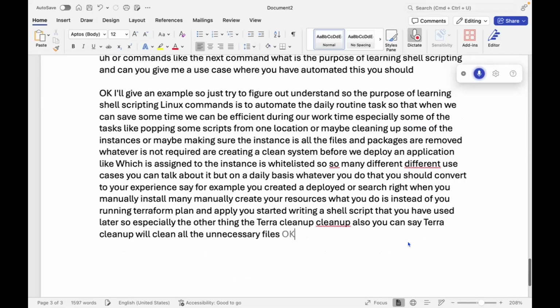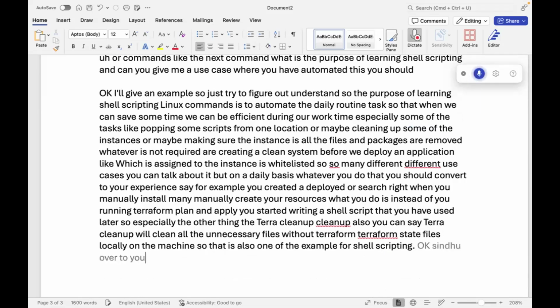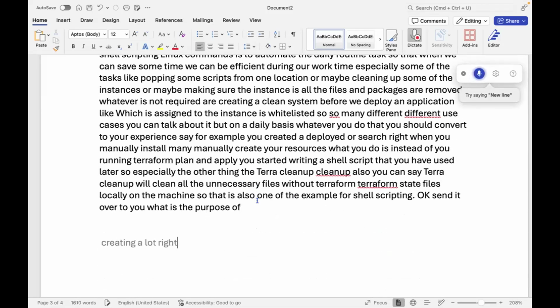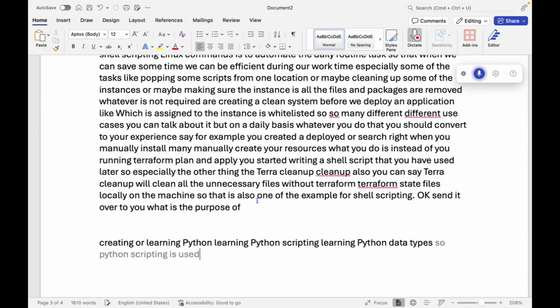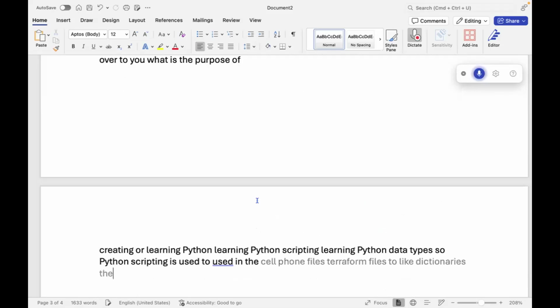Okay. Sindhu, over to you. What is the purpose of learning Python scripting, learning Python data types? Yes, sir. Python scripting is used in the Terraform files, like dictionaries, the tuples, and